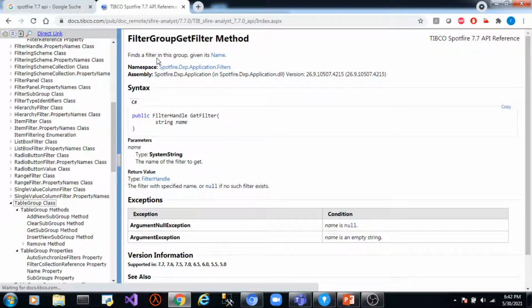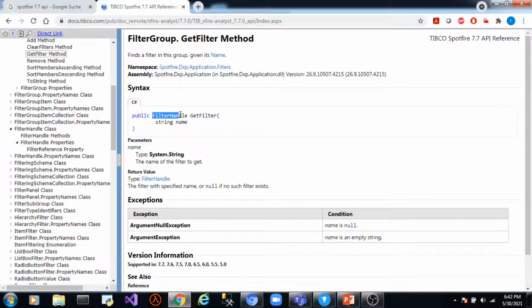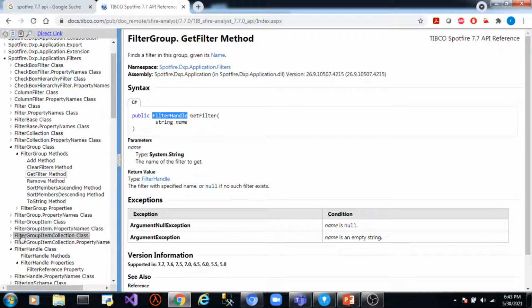This is the method, and it returns a value of type FilterHandle class. Okay, that means whatever value it returns, we can use those methods and properties which are defined in the FilterHandle class.